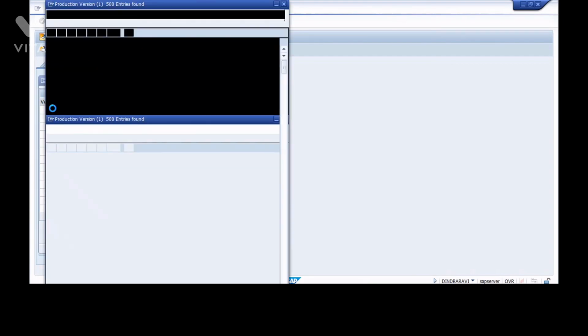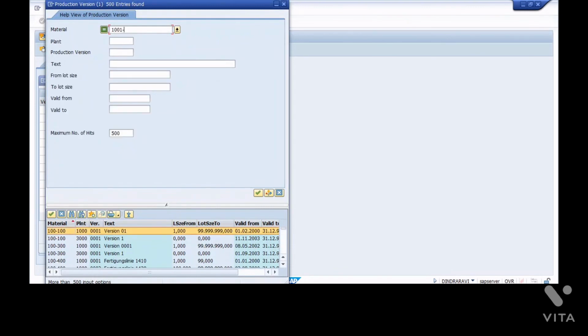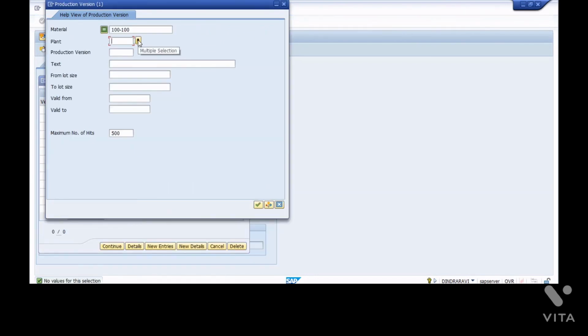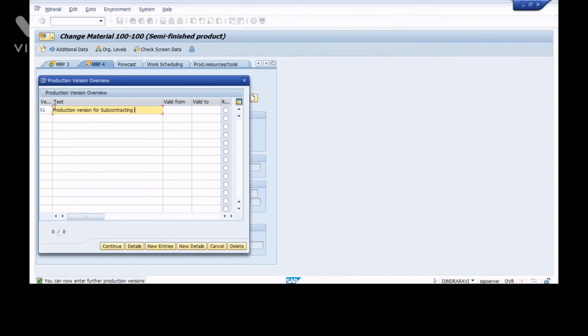Yes. Okay. So my production version for 1100. Let's see the combinations. For production versions we don't have anything. We need to create a new entry. Okay. So let's assume that production version for subcontracting, and valid from today to